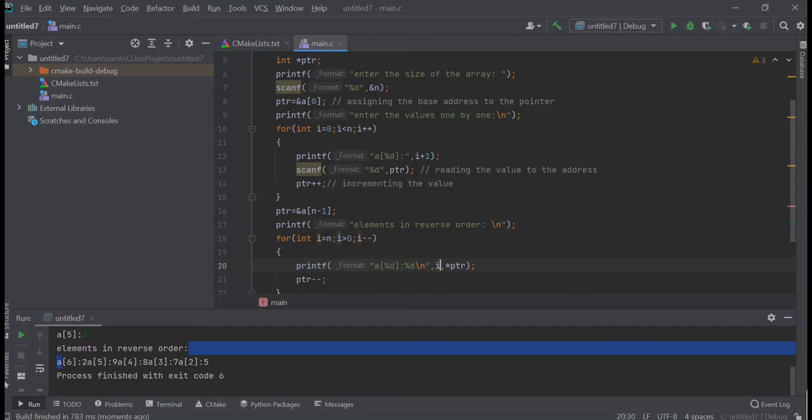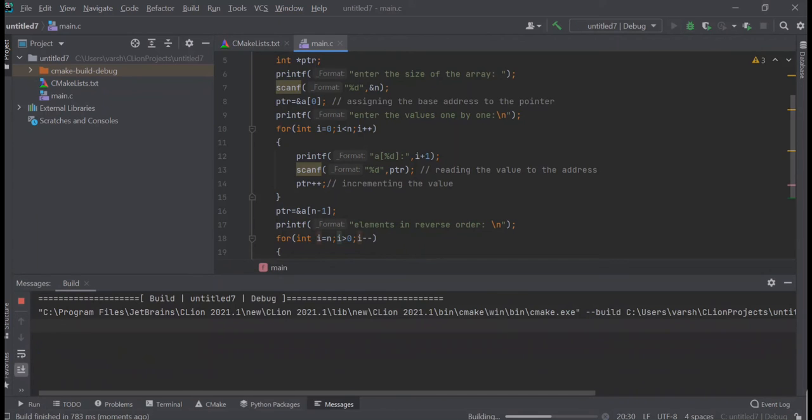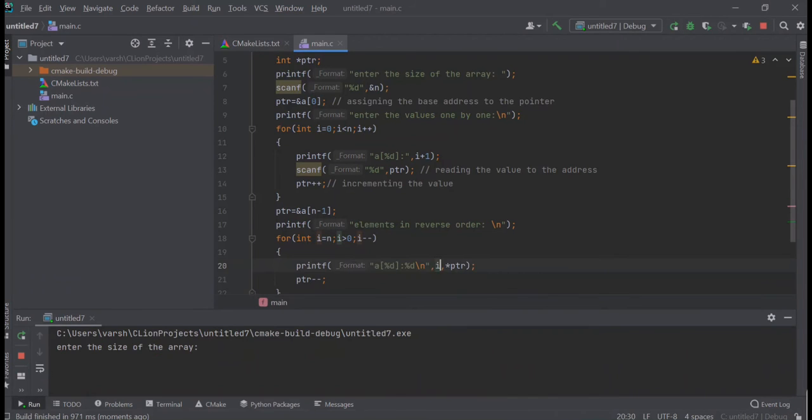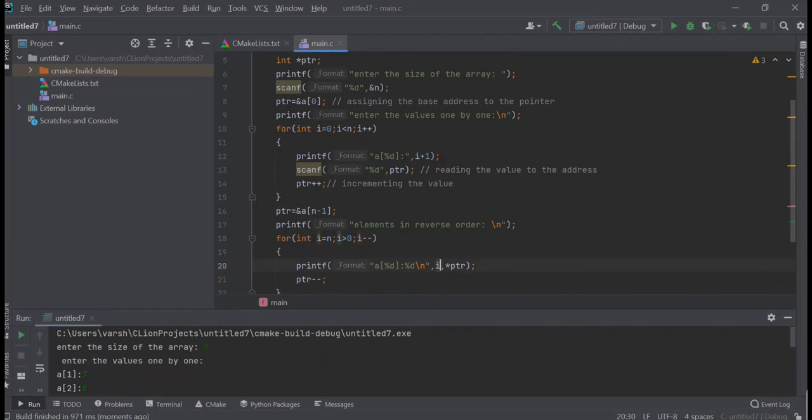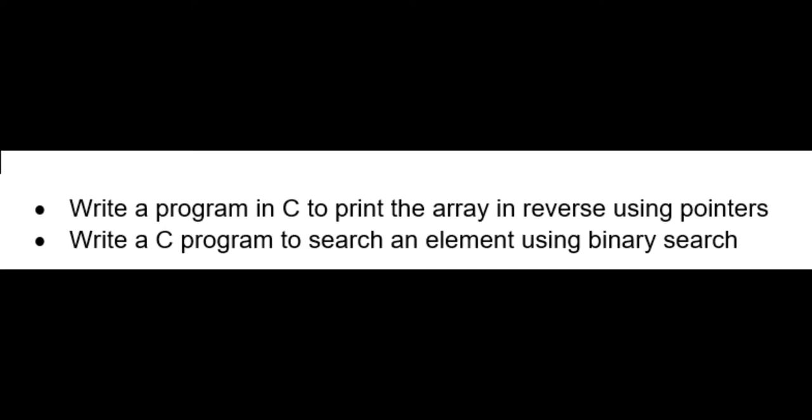Run into another error. Let's do it again. Yep, that's exactly what we want. This is the reverse order. I've put the address in the video so that you don't make this